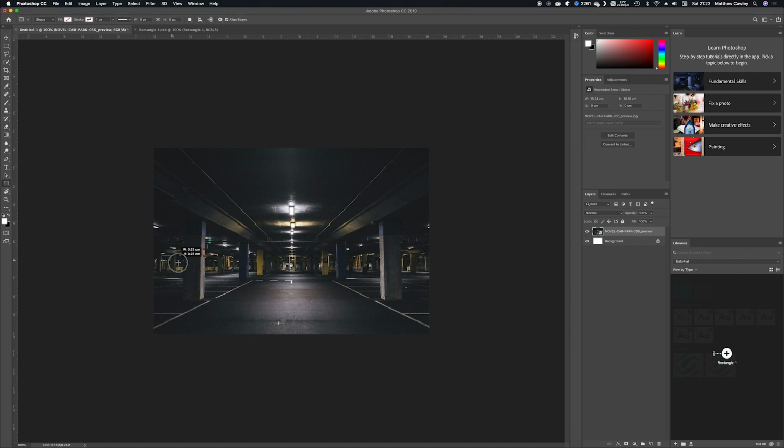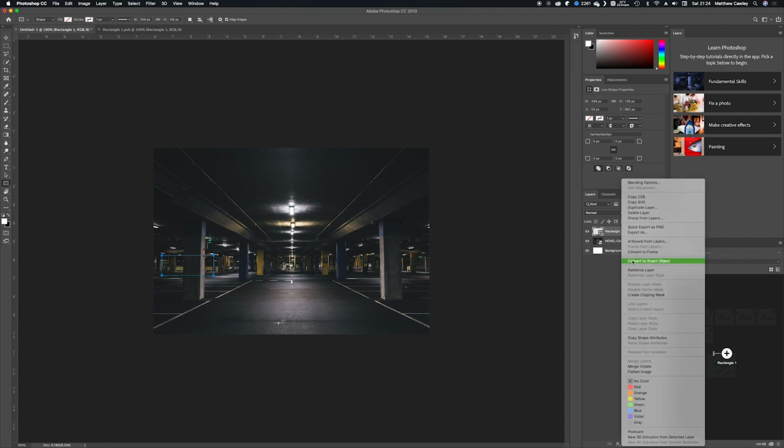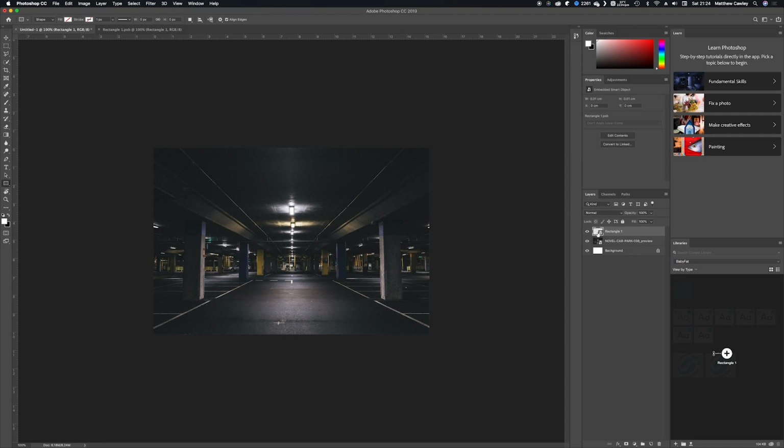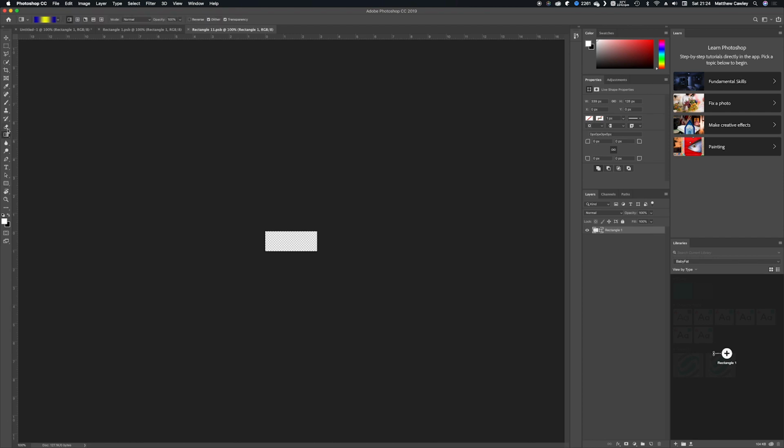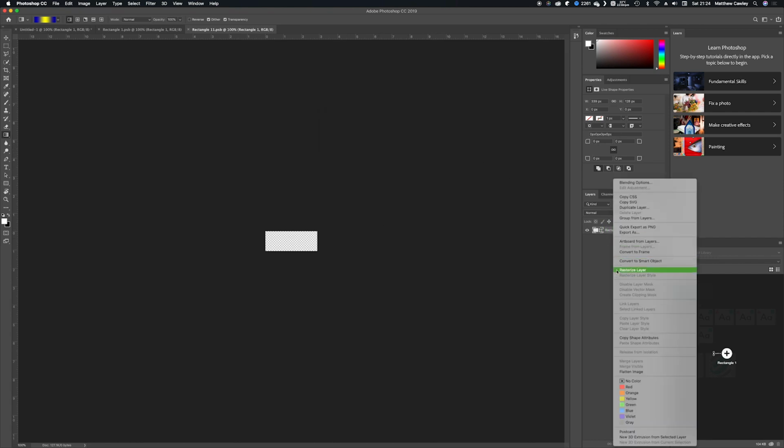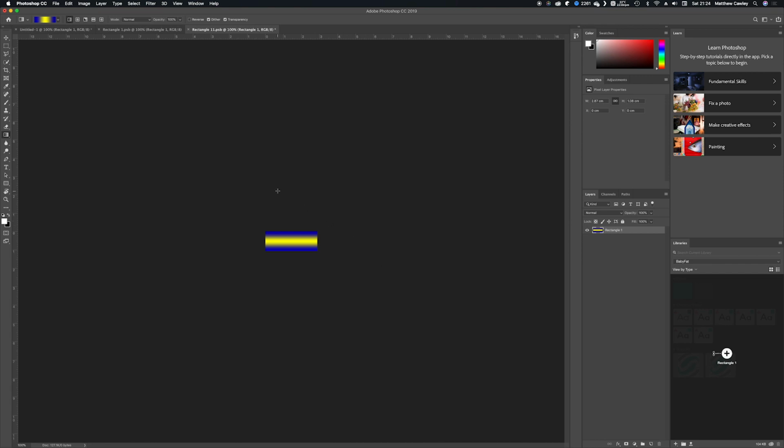So now we're going to build up our rainbow using the rectangle tool. And we're going to build this up in sections. Choose our first rectangle. We're going to convert that to a smart object. And we're going to apply a colour to the rectangle so we can see it, which we'll just use a nice simple gradient for now. It'll ask us to rasterize a layer. There we go. And if we save that,